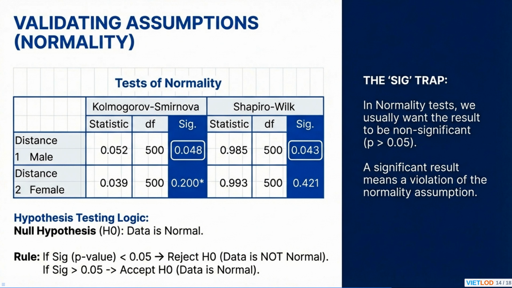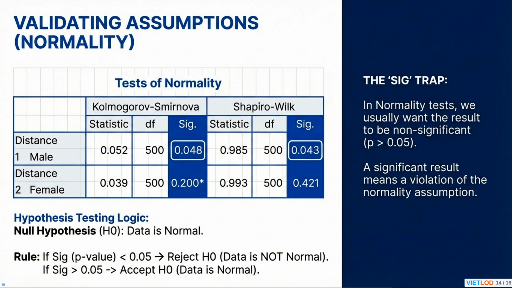This slide focuses on validating one of the most critical assumptions for many parametric tests: normality. We use the Tests of Normality table from SPSS, specifically looking at the Shapiro-Wilk test results, which is generally preferred for smaller to moderate sample sizes. The null hypothesis, or H0, for these tests is that the data is normally distributed. Our decision rule is straightforward. If the sig value, which is the p-value, is less than 0.05, we reject the null hypothesis, concluding that the data is not normal. Conversely, if the p-value is greater than 0.05, we fail to reject H0, meaning we can